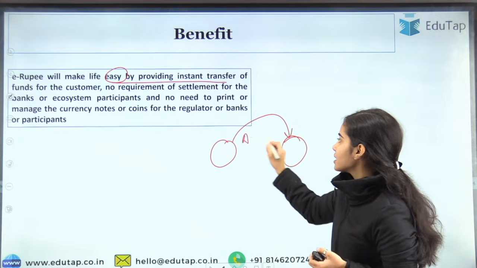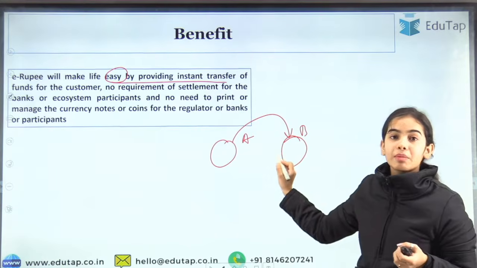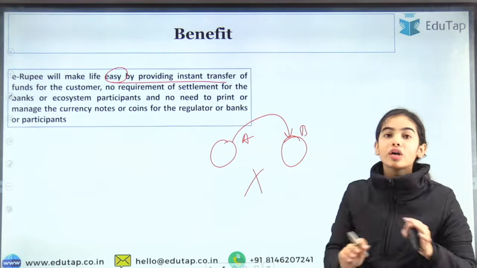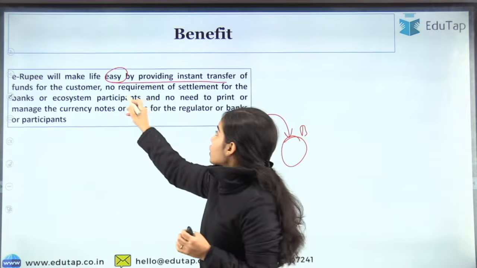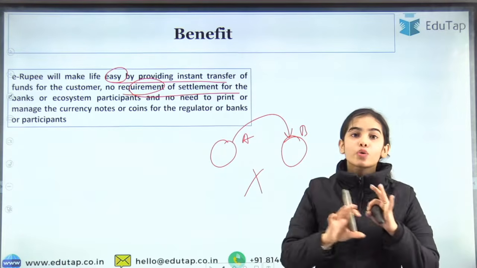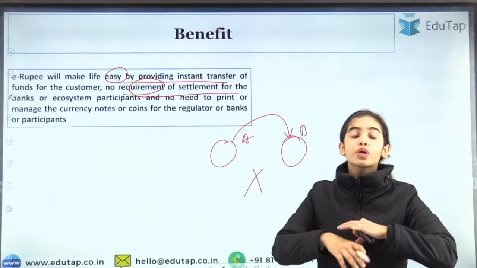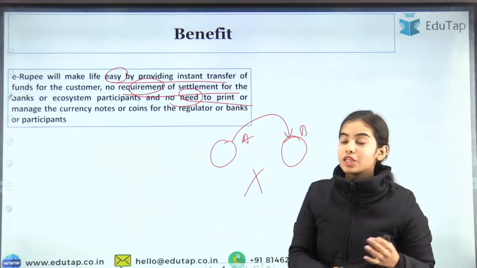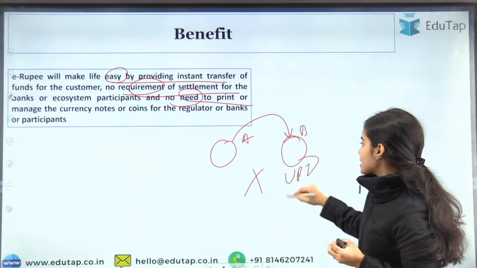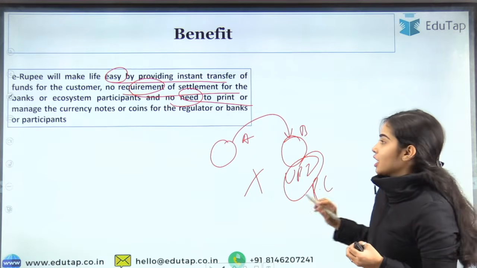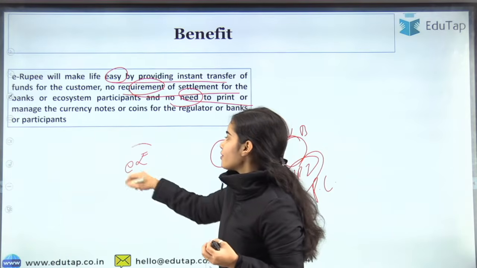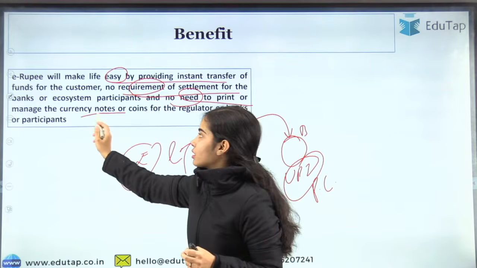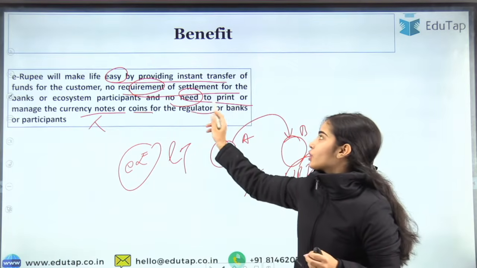So this is person A, this is person B. When you are transferring the money, there is no intermediary involved. You do not need any bank, you do not need any intermediary. No requirement of settlement for the banks, no requirement for the ecosystem participants, no requirement for the intermediaries, and no need to print or manage the currency notes. UPI is backed by the paper currency, while the e-Rupee is itself a legal tender. It doesn't need any backing,